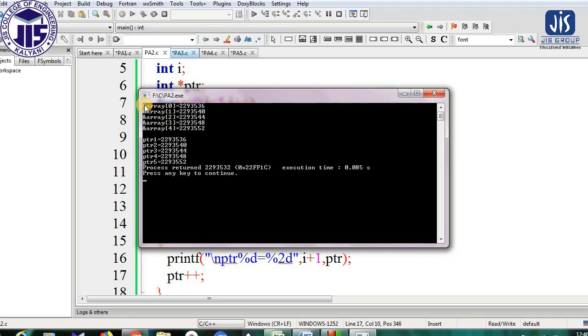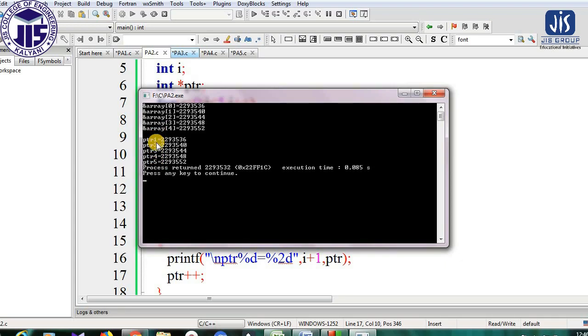See, the address of array element 0 is this, and these are the continuous ones. As all elements of the array are integer type, and as we are using a 64-bit compiler, the size of integer is 4 in this particular compiler. So you can see these are 5 continuous memory locations allocated for the array. Now come to the pointer, there also we have 5 pointers, pointer 1 2 3 4 5.